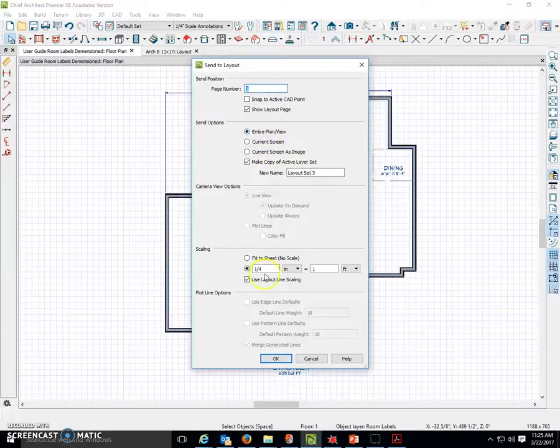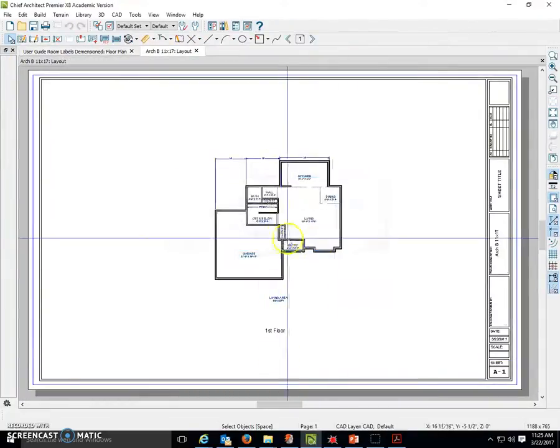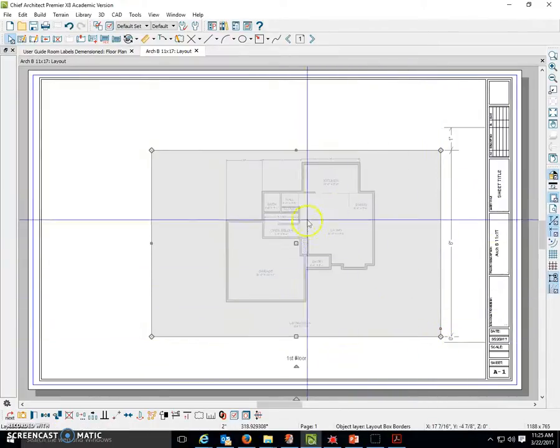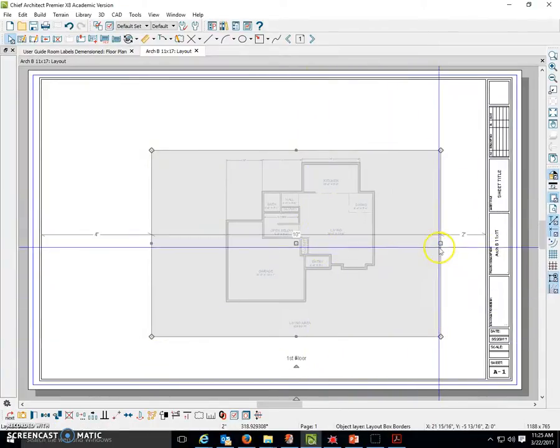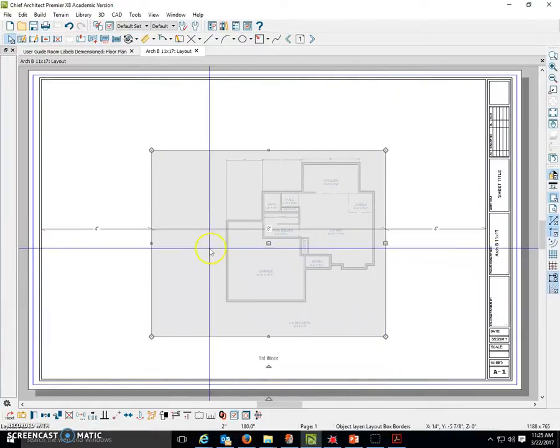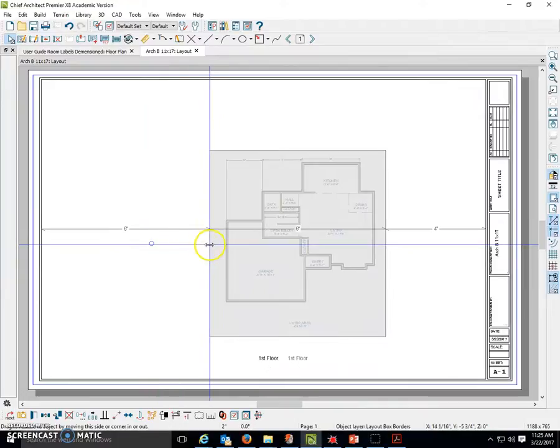If you read the directions, it says do not do it to scale. So we're just going to say Fit to Sheet and say OK. And now when I select this, I can enlarge this and it will make it bigger or smaller. It's not to scale. Now the middle buttons here are what we use to crop it down and adjust this